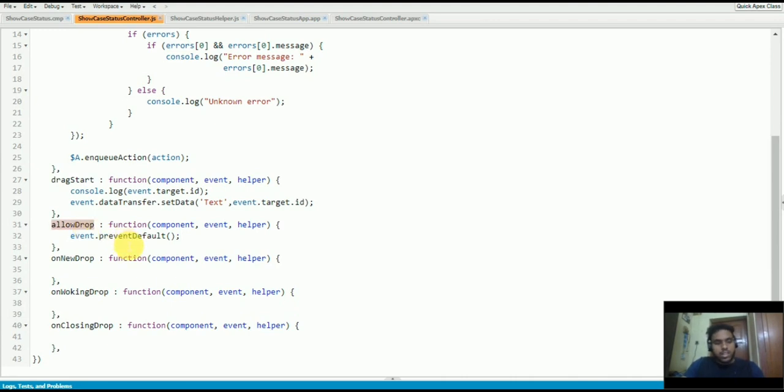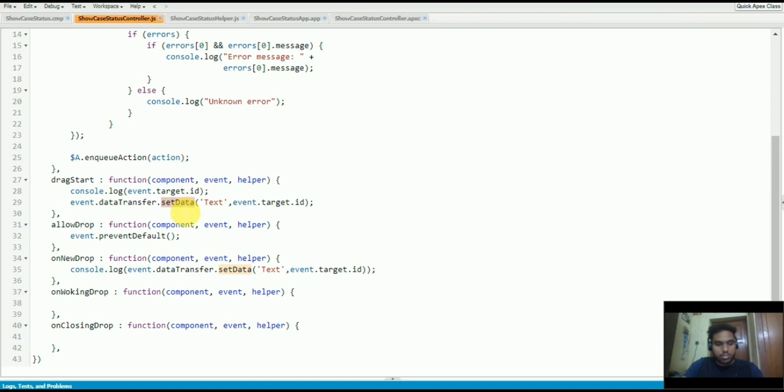Now this is done. So the next step is we have to get data of the dragged element. So for example, I'm gonna add a console.log statement in this on new drop, and here I'm gonna use event.dataTransfer. So we are setting the data of the dragged element, I mean which is being dragged.